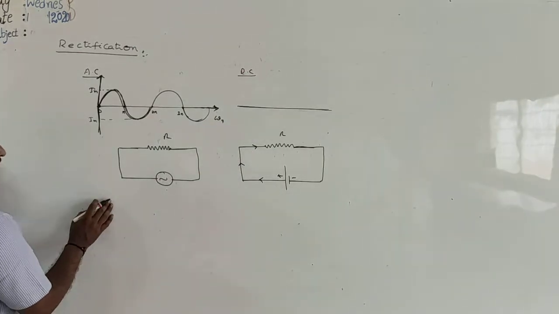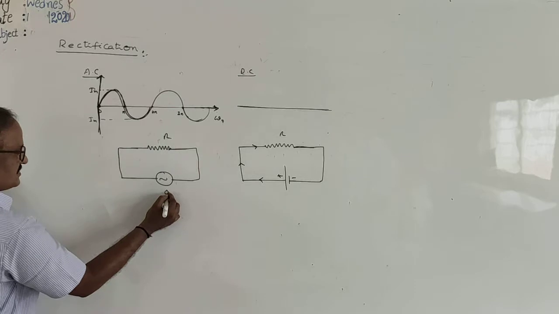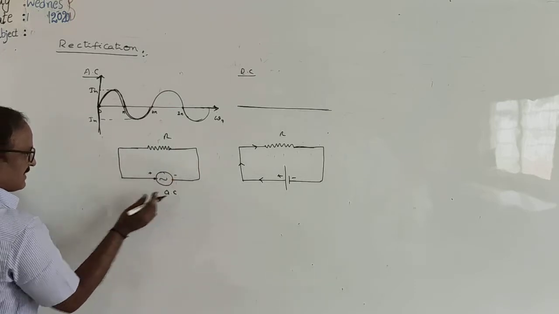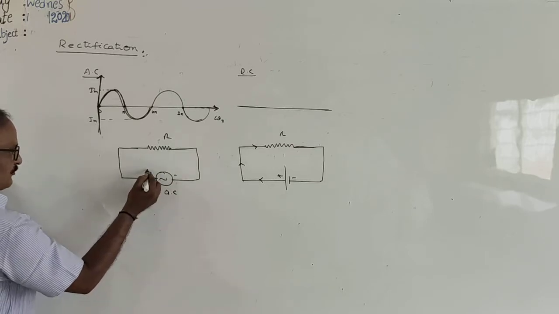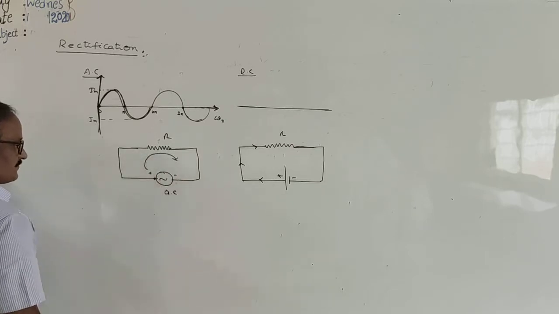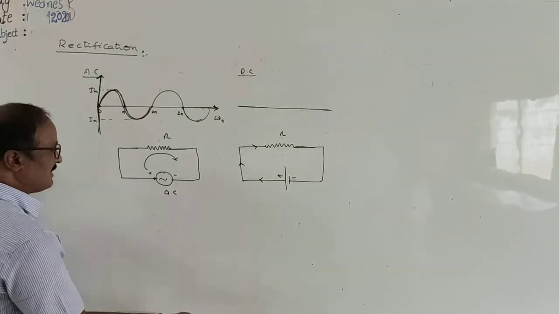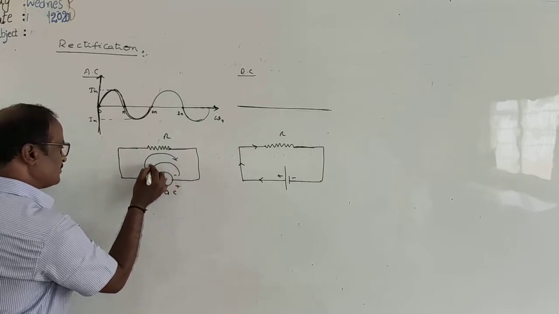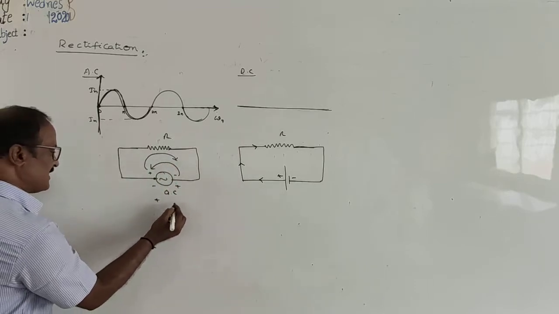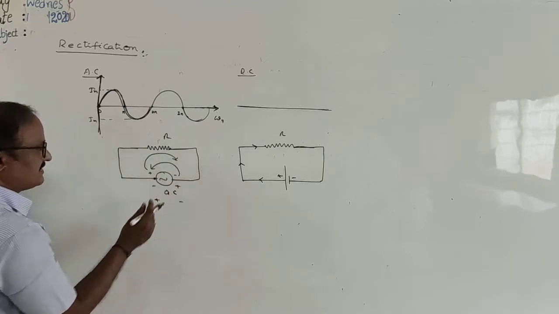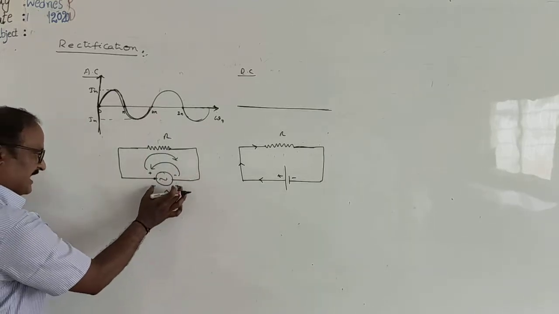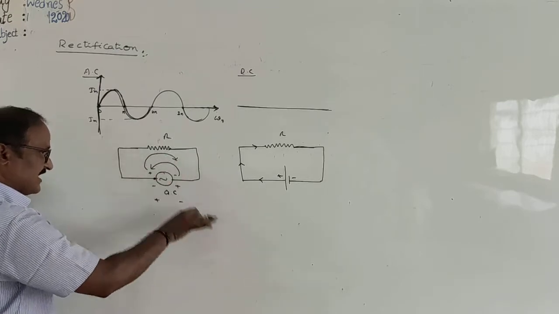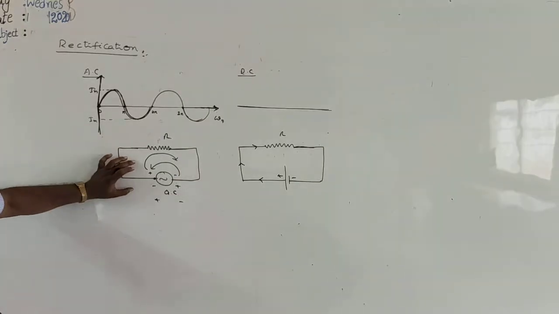But see here, in this resistance, this is AC. At any instant, this end becomes positive and this end becomes negative, meaning current is flowing through the external resistance like this. In the next time interval, it becomes negative and this becomes positive, and the current moves in the opposite direction. Again this becomes positive, this becomes negative, and the current will be moving like this. That means at regular intervals of time, the direction of the current through the circuit changes. This type of current is said to be alternating current.